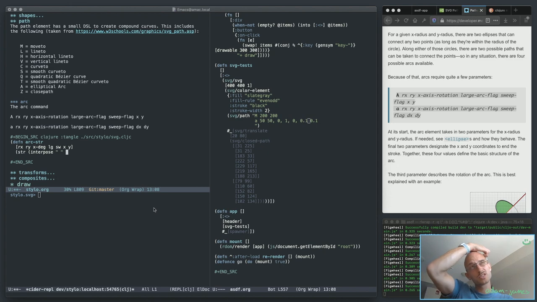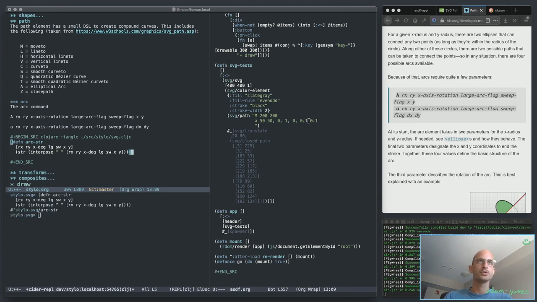Okay, interpose. Let me see if this is actually going to produce the string that I expect it to. Okay, so, I also have to do this. Okay, so if I do arc string, I want to try to produce this. Actually, no, let me